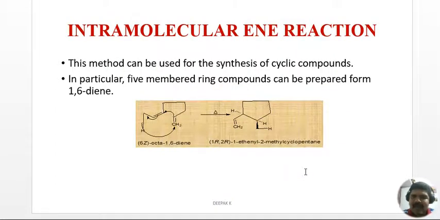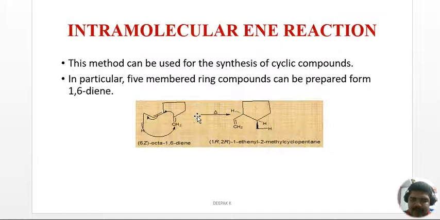Now you can have another variety, that is the intramolecular ene reaction. Here we are seeing an intramolecular ene reaction. That means you have an ene and an enophile in the same substrate. So look at this compound. This part will act as the enophile, and this part, which has an allylic hydrogen, will act as the ene, and the proton is migrated from this allylic carbon to this CH2. This pi bond is ruptured, and this bond is formed between these two carbons, and then the pi bond is migrated. So you have a 5-membered ring forming here. That is the intramolecular ene reaction.